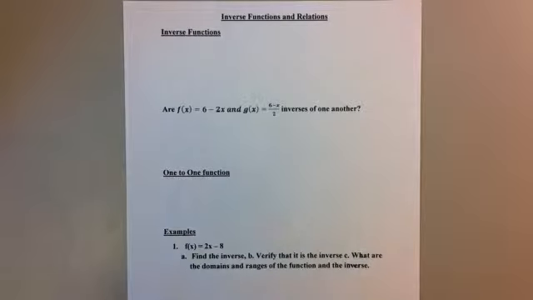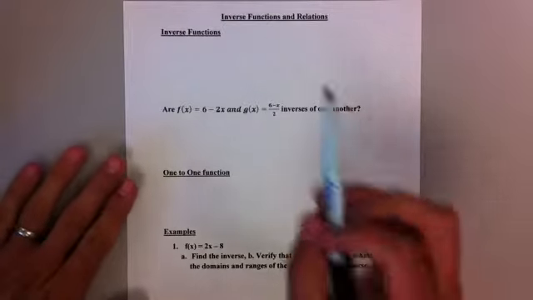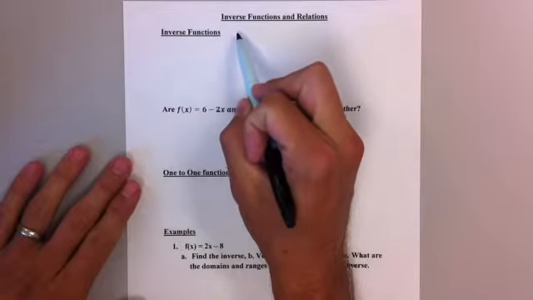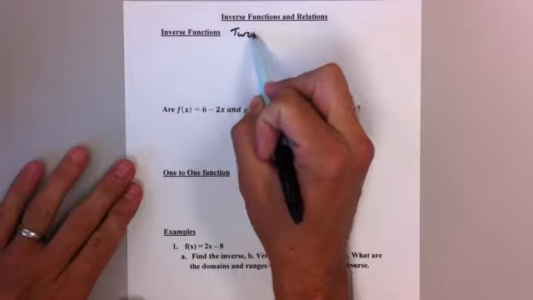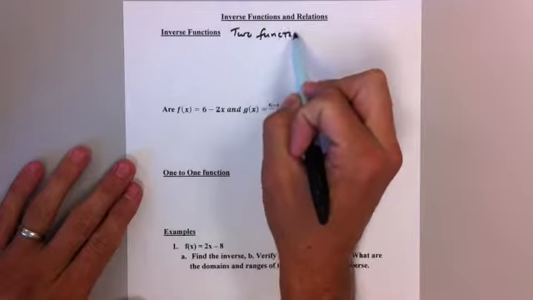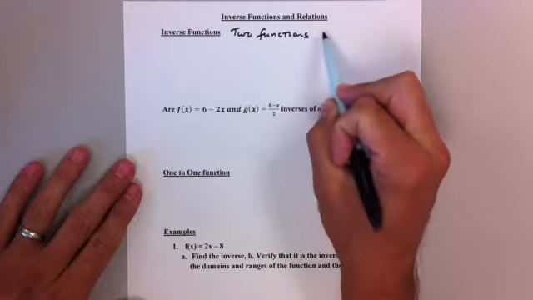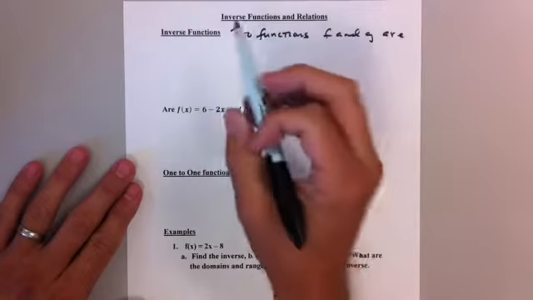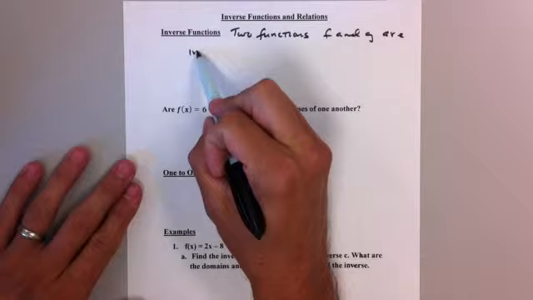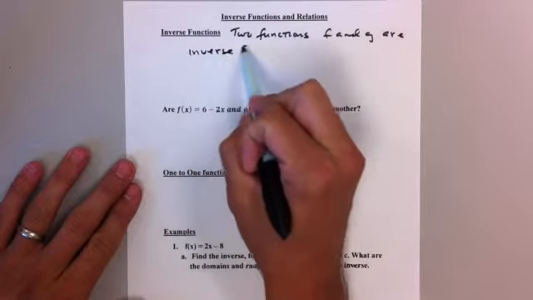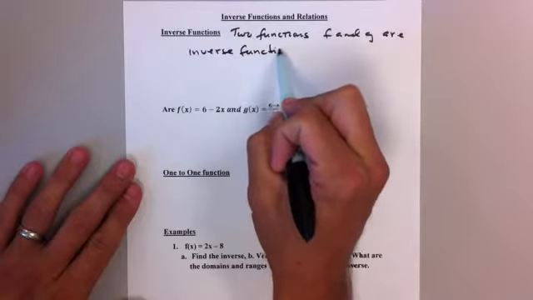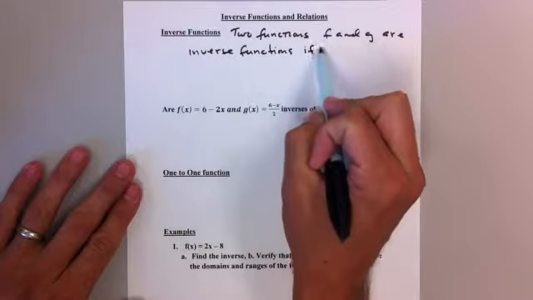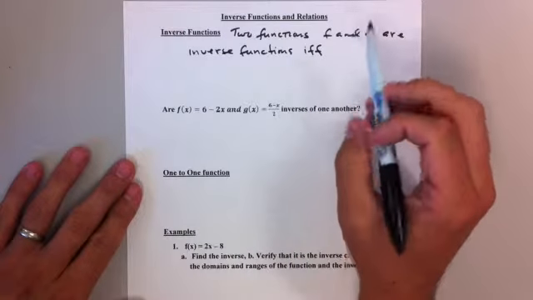All right, we're going to talk about inverse functions and relations. So let's start with the definition. Okay, inverse functions. Two functions, let's say f and g, are inverse functions if and only if, IFF,